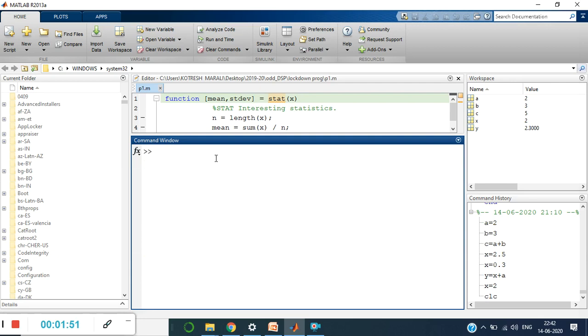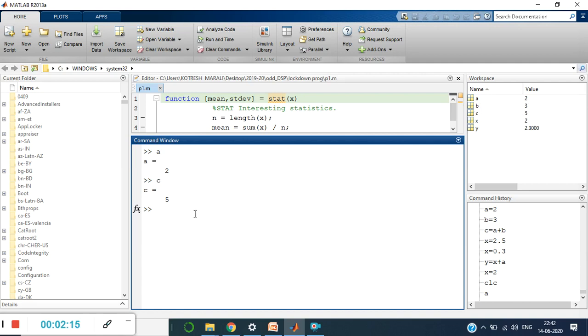CLC will clear my command window. If I want to see my values again, I just type a, and check whether the content of a is present or not. Yes, it is present. The content of c is equal to 5, which you can also check in your workspace.